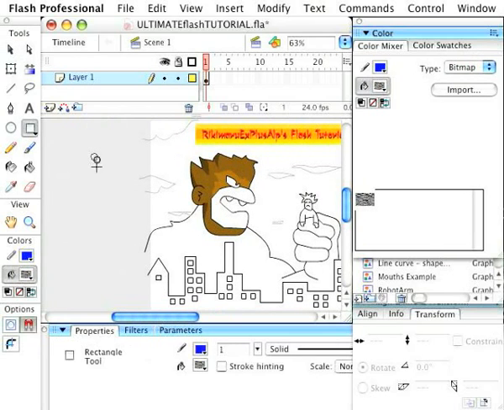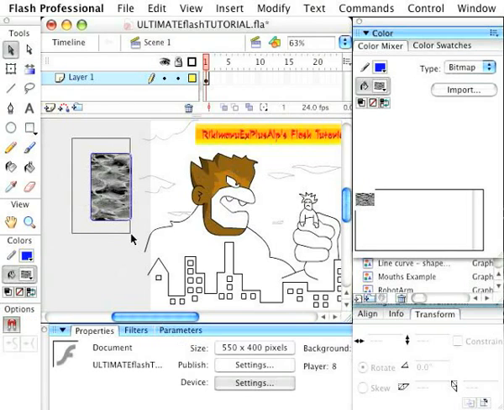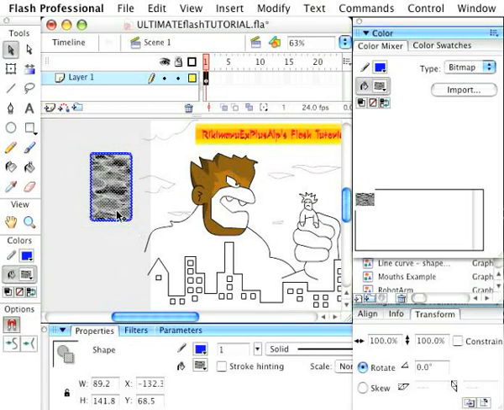So if I draw a rectangle with this texture that I've got imported to my library, my mixer is set on bitmap, and you can see that it's filled the actual shape with that texture and then tiled it when it's actually run out. But it tends to fill only in the actual dimensions of your image, so if I wanted that to be smaller or scale it on the x-axis,